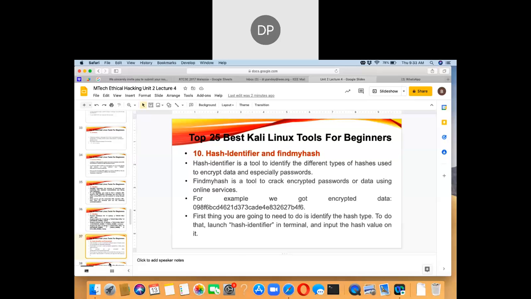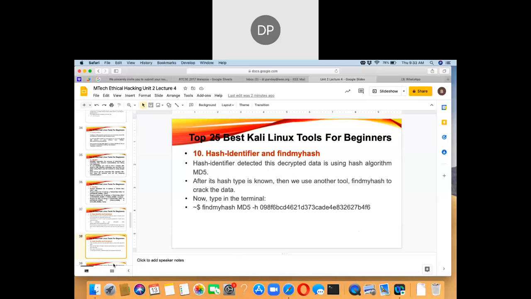To do this, we can launch hash-identifier in the terminal and input the hash value inside it. Hash Identifier detected that this encrypted data is using the hash algorithm MD5. After the hash type is known, we use another tool, Find My Hash, to crack the data. Now type in the terminal findmyhash MD5 -h